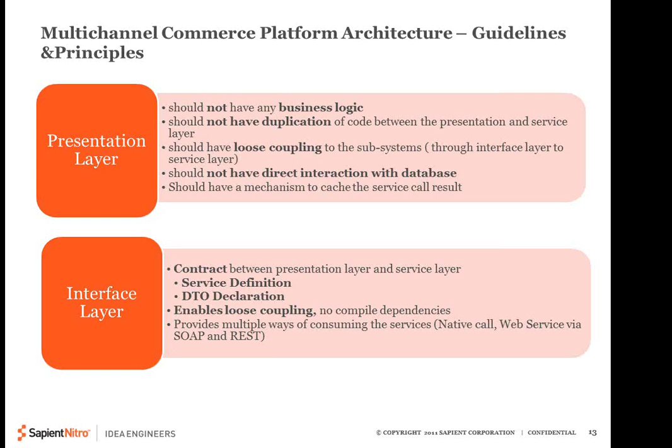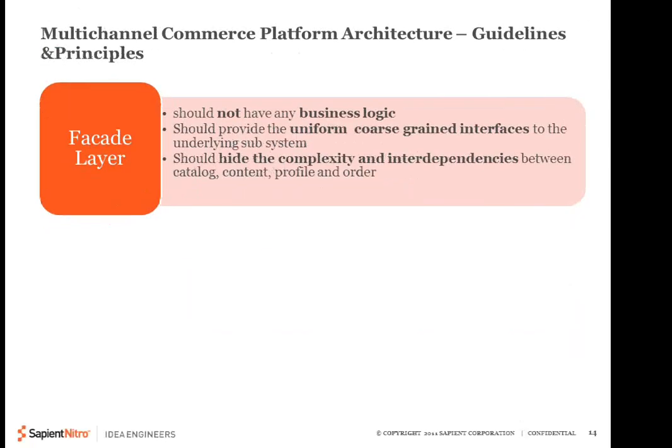or it could be a web service via SOAP and REST. Then comes the facade layer. Again, the facade should not have any business logic, and it should hide the complexity and interdependencies between the catalog, content, profile, and order. The facade layer is a kind of unified interface